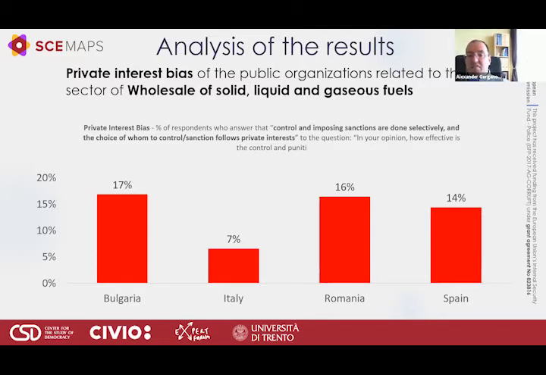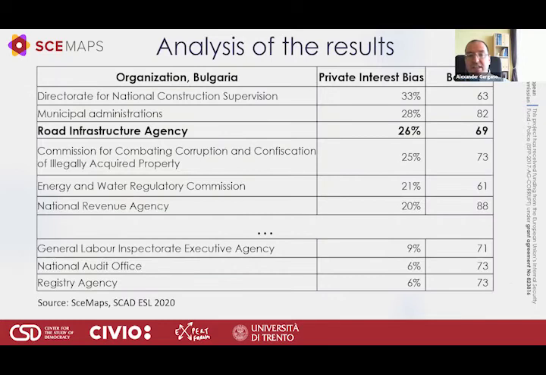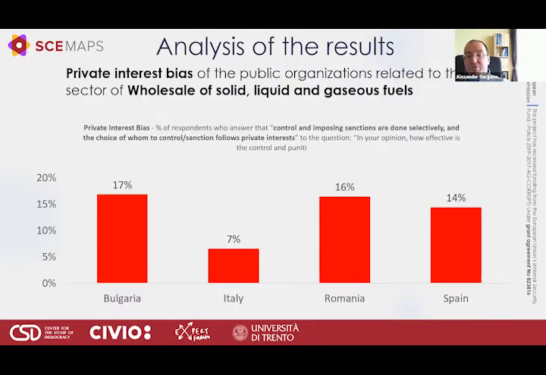So this is really close to the actual definition of state capture, and this is why this indicator is so important, and it directly stems from the answers of the experts. And you can see here some aggregated results for the whole sector from all public organizations. When going even further down, we can see actual scores for the different public organizations. These are numbers for Bulgaria. So here, as you can see, the average for Bulgaria is 17%, which is rather high for this particular indicator.